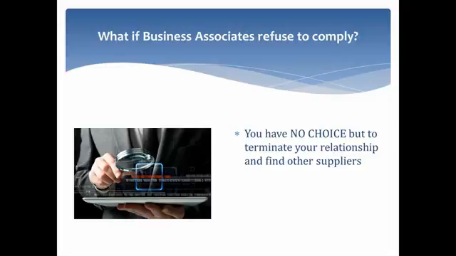So if you've got a contract with someone and they have access to patient data and they claim that they're not a business associate, or for instance they're selling you a service, and if you go down the line through the subcontractors, one of their key subcontractors says that they're not a business associate and they won't sign an agreement, then you have no choice but to terminate that relationship and find another supplier. The question becomes, how long can you wait until the September deadline if you have to find other suppliers?